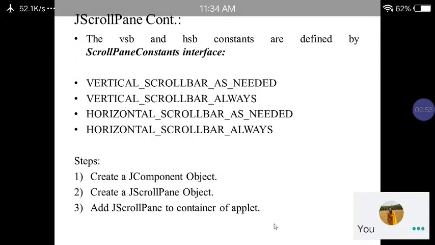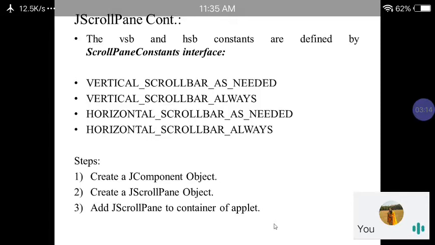The first constant is VERTICAL_SCROLLBAR_AS_NEEDED. The second is VERTICAL_SCROLLBAR_ALWAYS. The third is HORIZONTAL_SCROLLBAR_AS_NEEDED, and the fourth is HORIZONTAL_SCROLLBAR_ALWAYS.